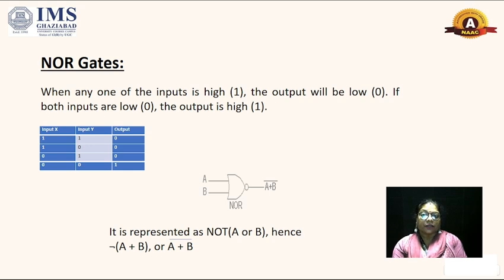Next gate is NOR gate. When any of the inputs is high, the output will be low. If both the inputs are low, the output is high. So that means it is not OR. Whatever the OR gate we are having, the negation dot in the symbol represents that it is a NOR gate. So if we are having 1 1 as the input, then we will be having 0; 1 0, 0 1, 0 0. There will be 4 conditions. Out of the 4 conditions, in 3 conditions, wherever the 1 is there, these cases will show 0. Otherwise, if we are having 0 0, then we will get the output as 1.